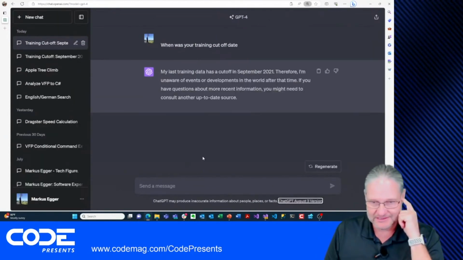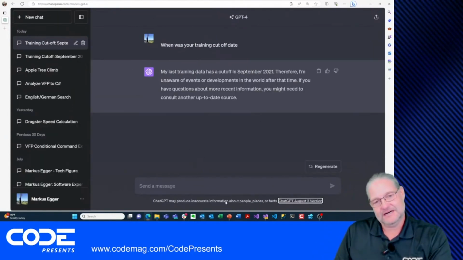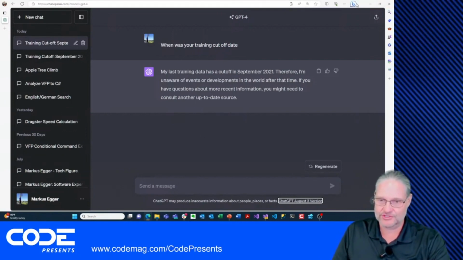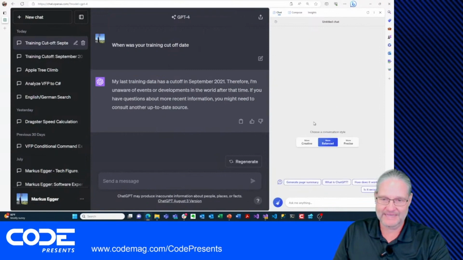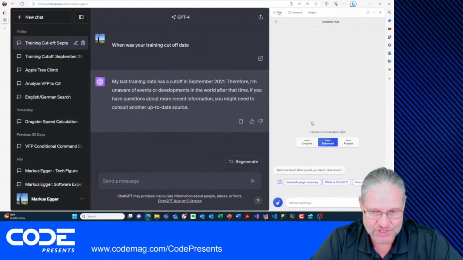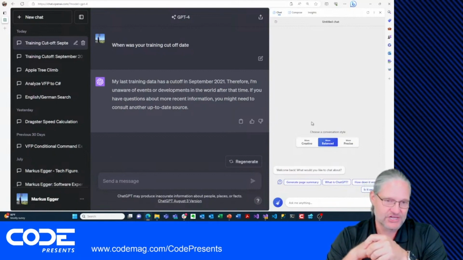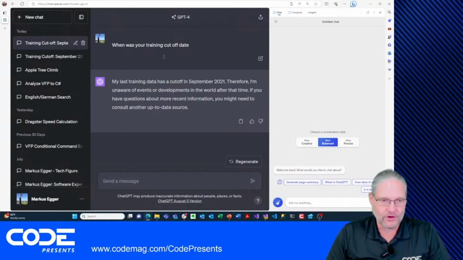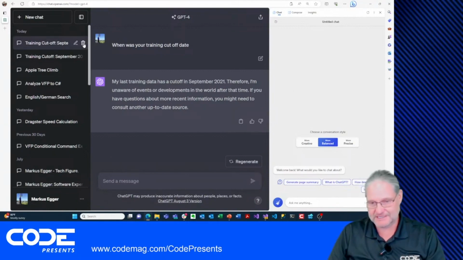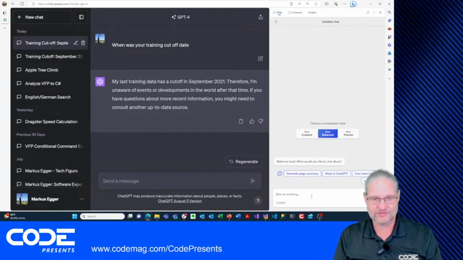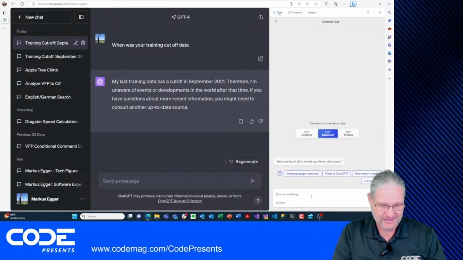So yeah, trying to zoom in a little more here. But anyway, so that's kind of the simplest version. Now, a slightly different version of this would be Bing Chat. Okay, Bing Chat here is built into things like Edge. I'm using the Edge browser, or you can just go to bing.com, and I'm not going to spend a lot of time on this. But the point being is you can ask it questions in here, and you can say,